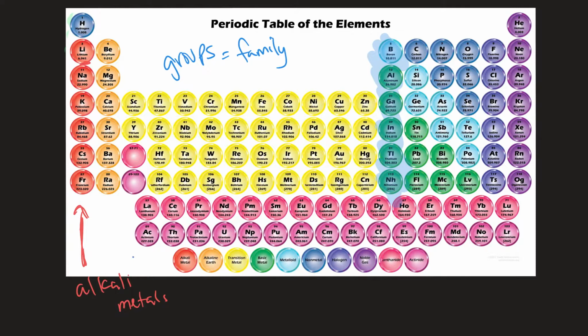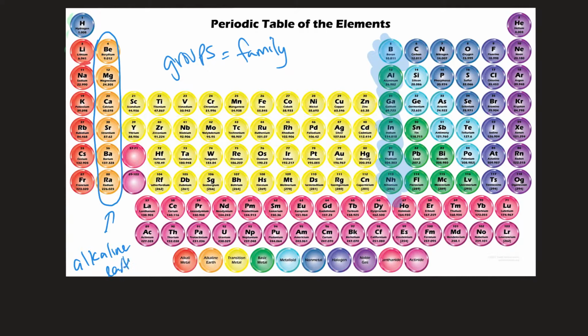All right, this next column here, we have what's called the alkaline earth metals. Okay, so beryllium, magnesium, calcium, strontium, barium, radium. All right, we have the alkaline earth metals. Now, the alkaline earth metals,